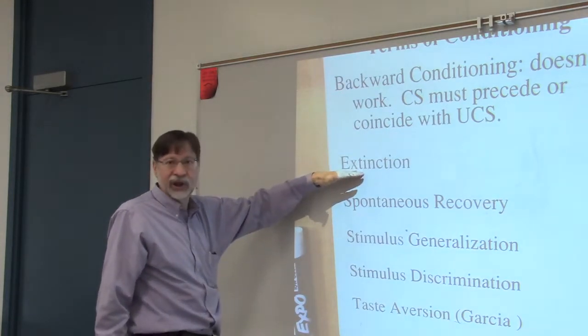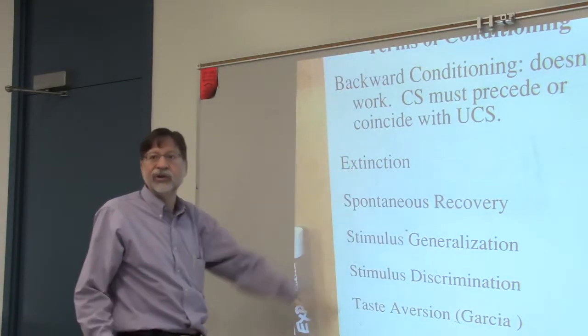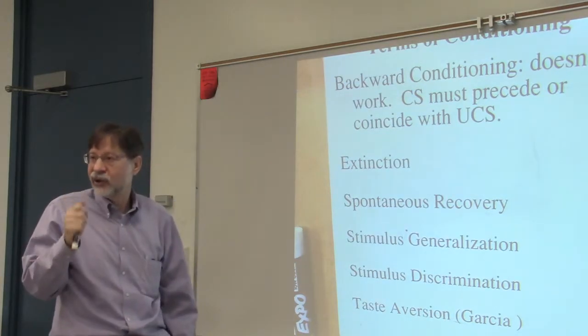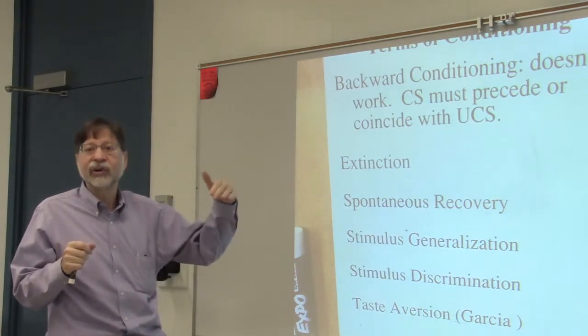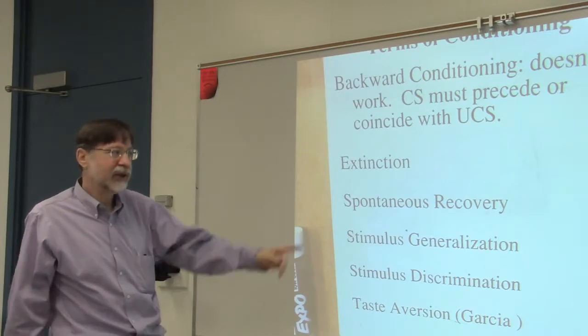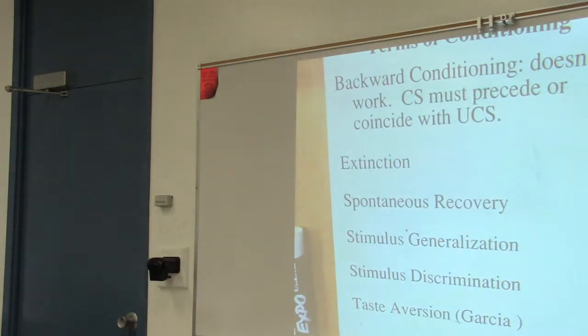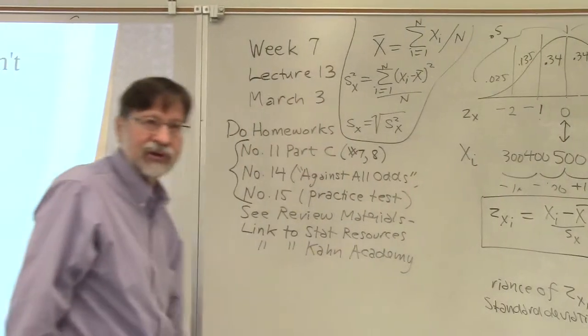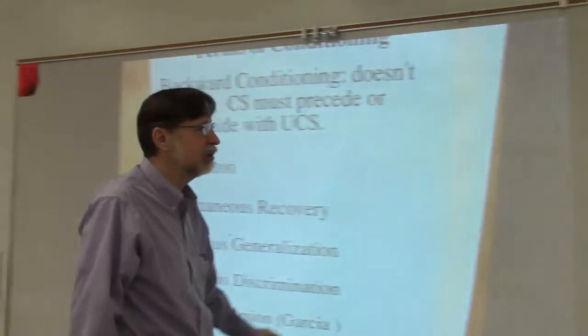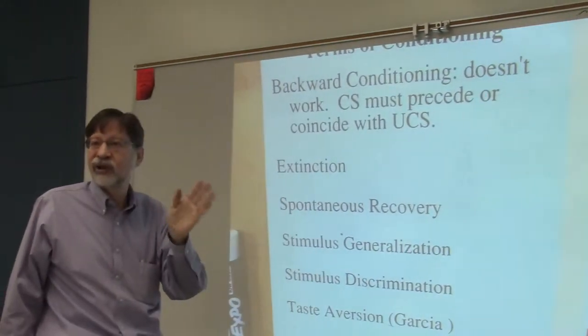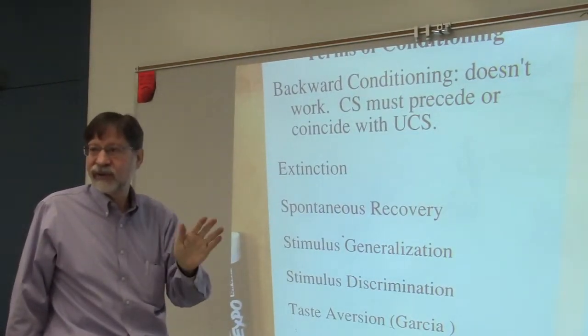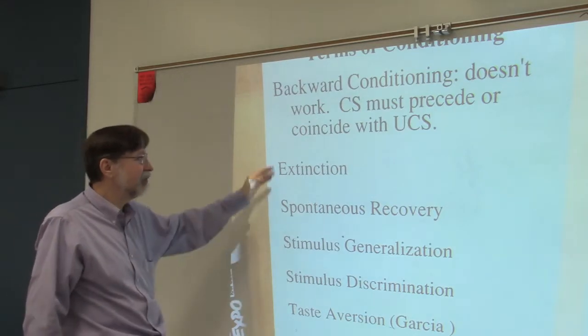I talked about extinction. Extinction consists of presenting the conditioned stimulus alone, and the response grows weaker. In this case, with the conditioned immune response, it may have grown weaker, but not weak enough to not kill the rats. So it persisted long enough to weaken the immune system. Even though they just kept presenting the saccharin, the animals were having their immune system suppressed enough that it eventually killed them.